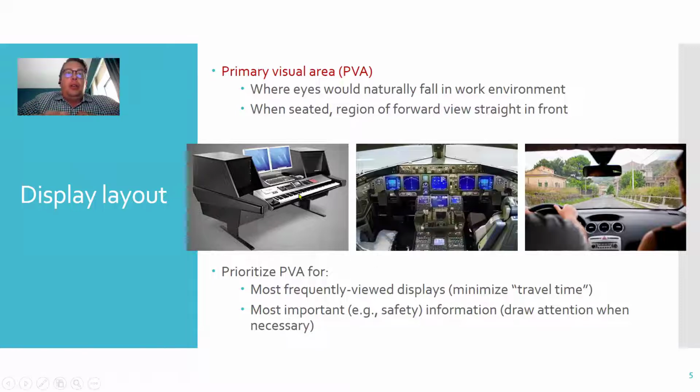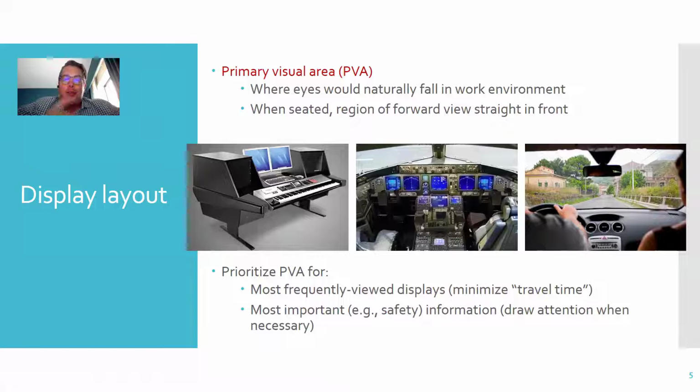Other examples here, if you're sitting at a desk where I'm sitting right now, my laptop screen is right in my primary visual area. This is also a good example. We've got two humans that have to be accommodated here, so the primary visual angle for one is not going to be the same for the other, but we've got these key displays at an elevation that's right at the resting position of the human eye. So these are the most precious commodities, or the most precious real estate, so to speak,